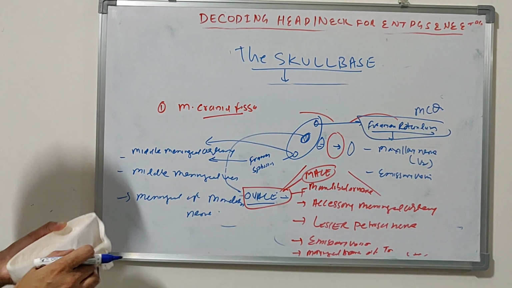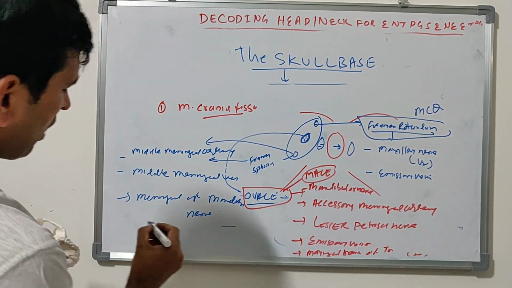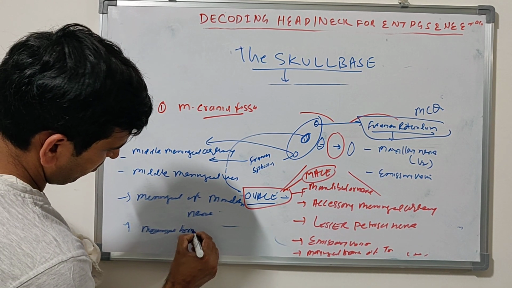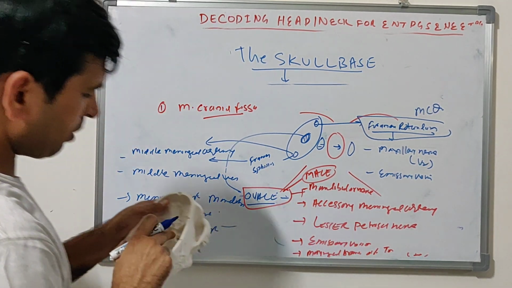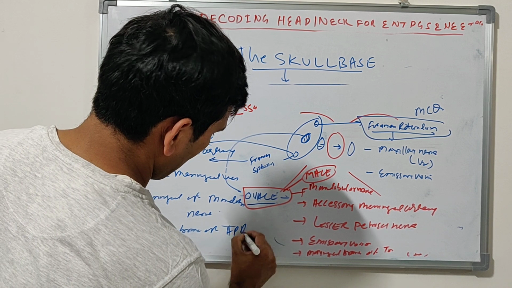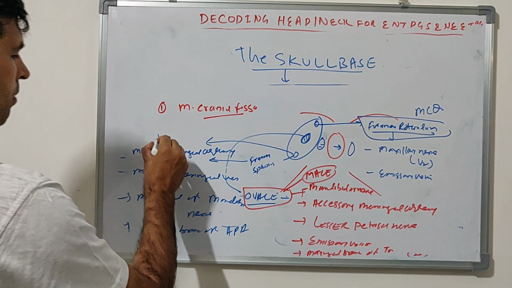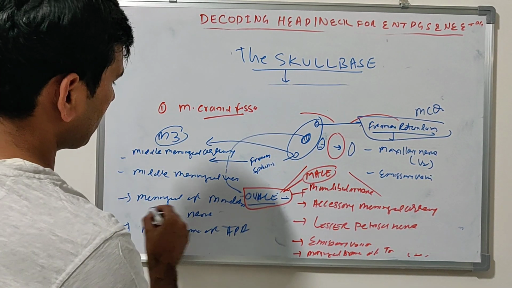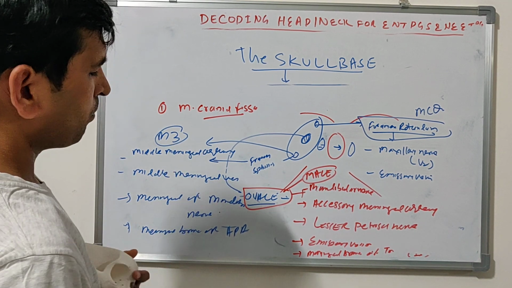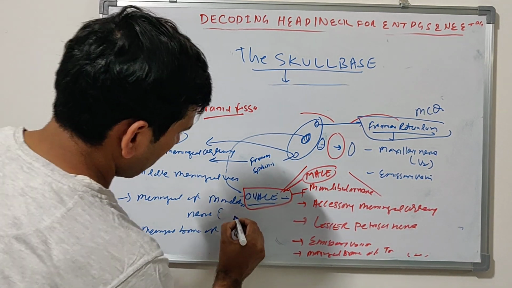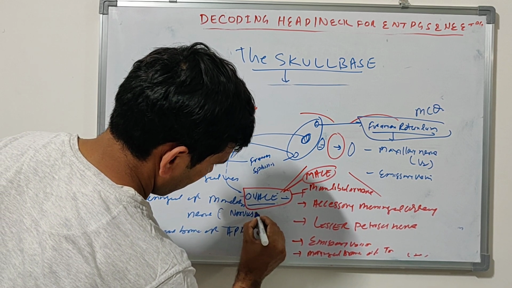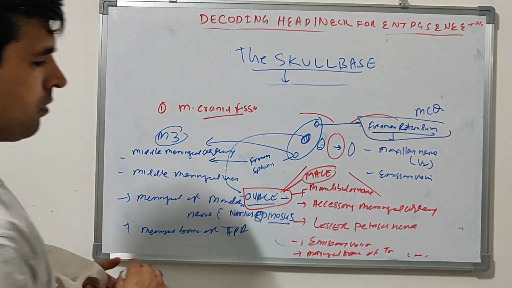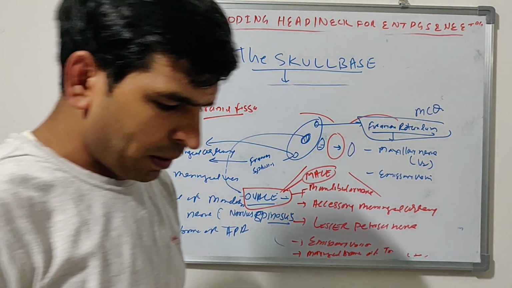Okay, and sometimes through foramen spinosum there is also a meningeal branch of the ascending pharyngeal artery. You may remember these as M3: middle meningeal artery, middle meningeal vein, and middle meningeal branch of the mandibular nerve, also called nervus spinosus, which also supplies the meninges. Okay, these are the structures passing through these foramina.